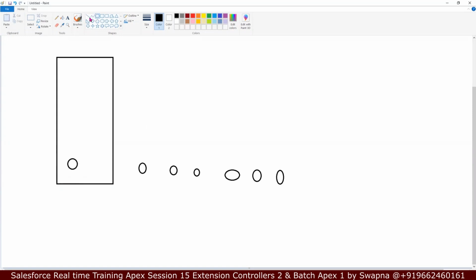This person has to come out of the booth, then only this person can go here. This person's position will change to first, this one to second, and this one to third, right? So it will be in a disciplined way, one by one, they have to move on. This person cannot come and stand in front of whoever is already standing. He has to follow the rules and stand after the last person,